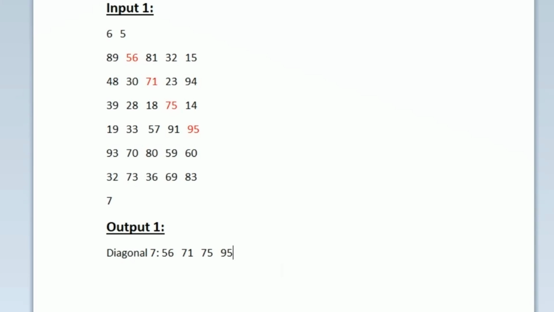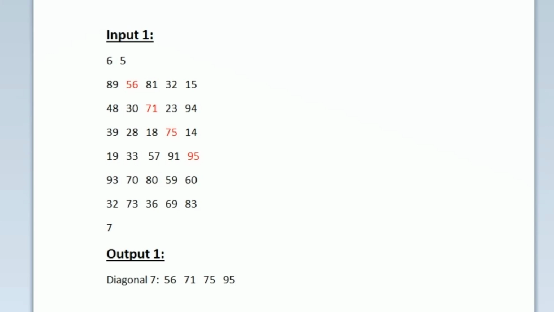So in our output also we are printing the same integers. So this is how we are getting our output. So now our task is to define a function named getXThDiagonal which performs these actions. So now first let us see the code which is already given to us.